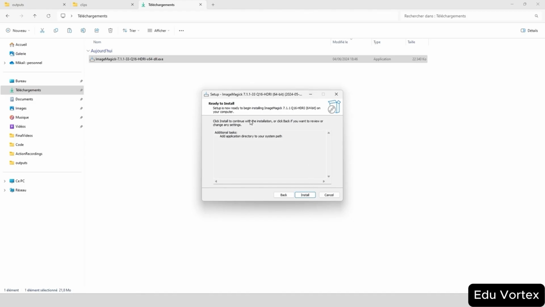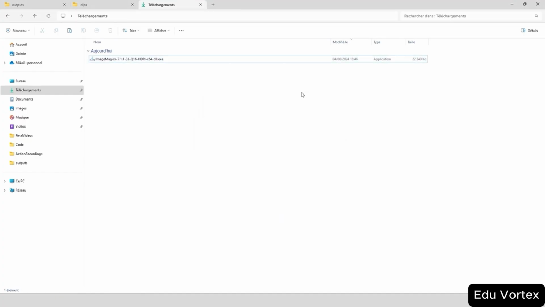So for my part, it is already done, so I don't need to click on install. I'm just going to close this file. But for you, you can click on install to install the software if you haven't already done. So once that is done, we will need to modify a Python file that is on our computer and that